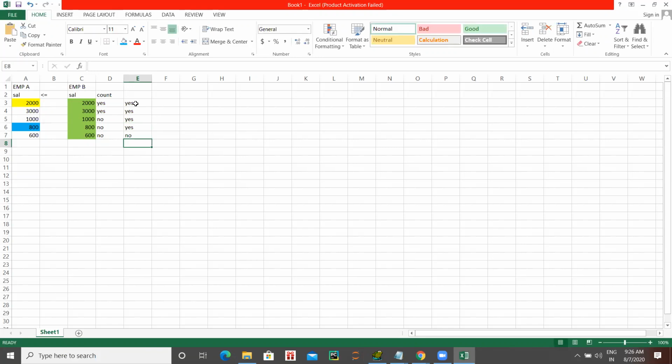So how many yes are there? 4. So now the fourth highest salary is 800. Is it correct? Fourth highest salary is 800. Yes, sir. Perfect. So this is how the logic works.